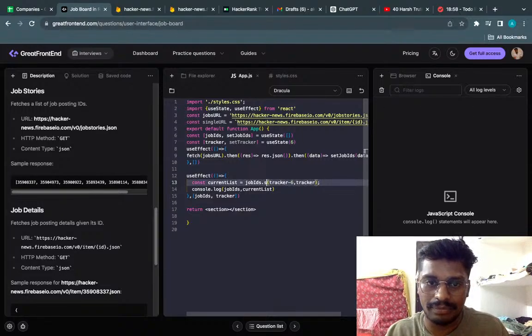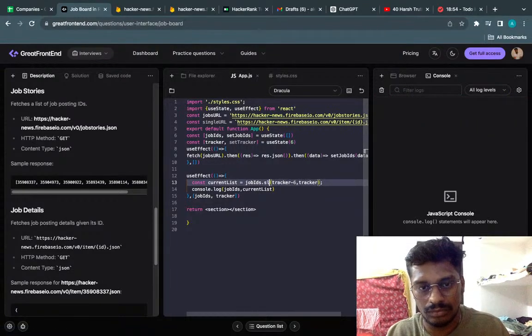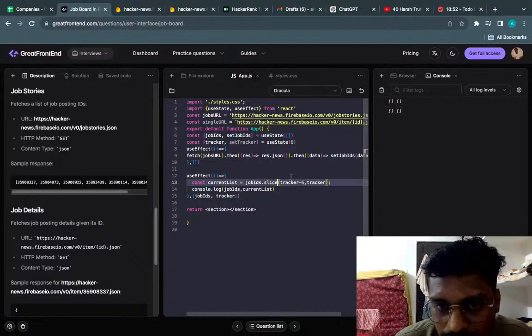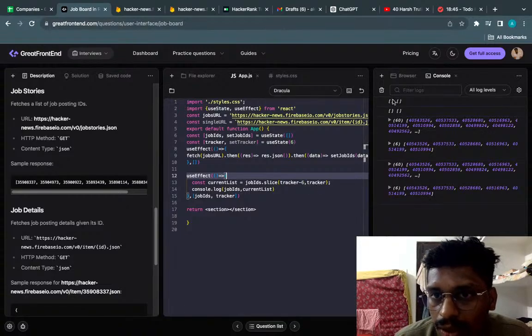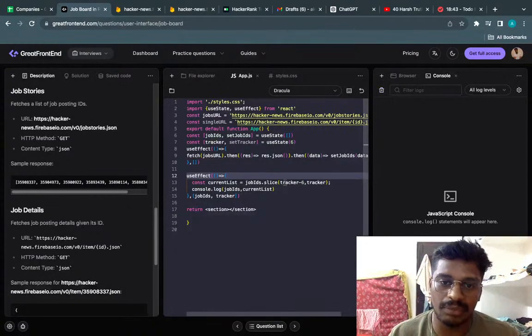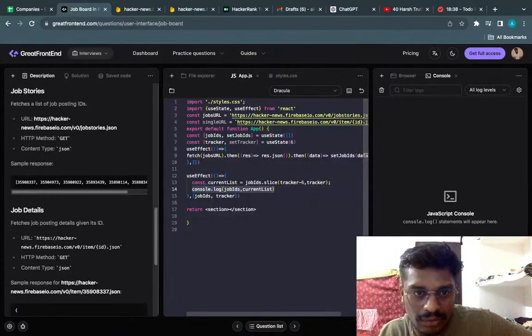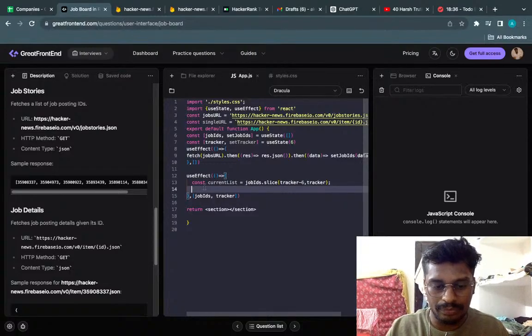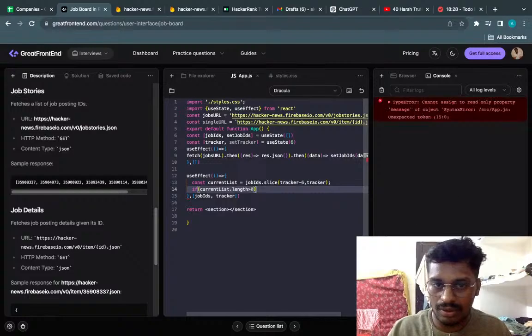Check, check, check. Yeah. Slice is the correct one, not the splice. Splice will cut it. I want a separate tracker of this. Okay, then, so if current list dot length greater than 0,